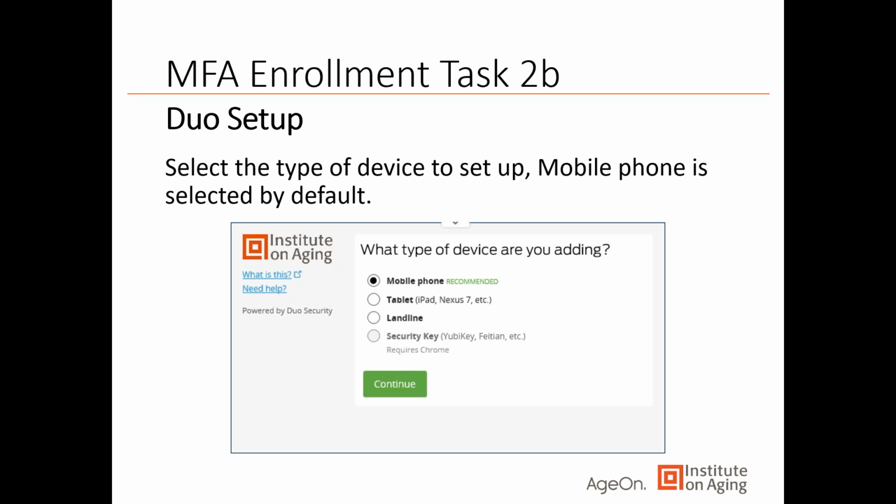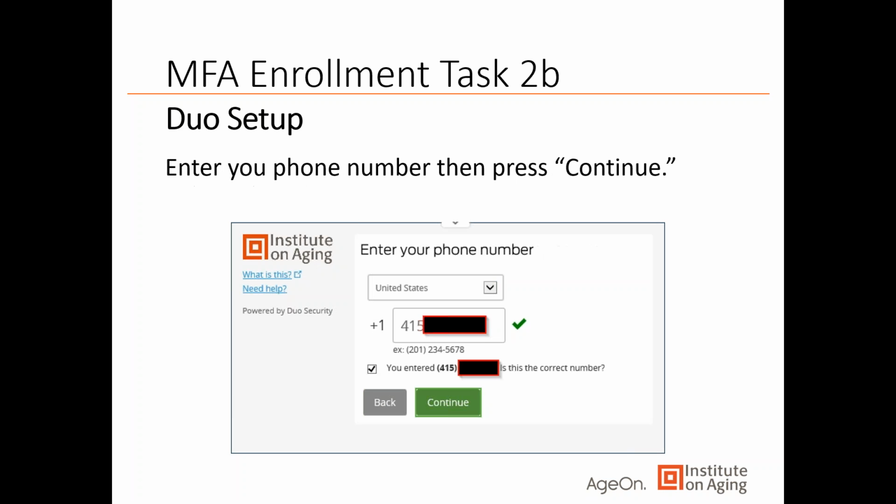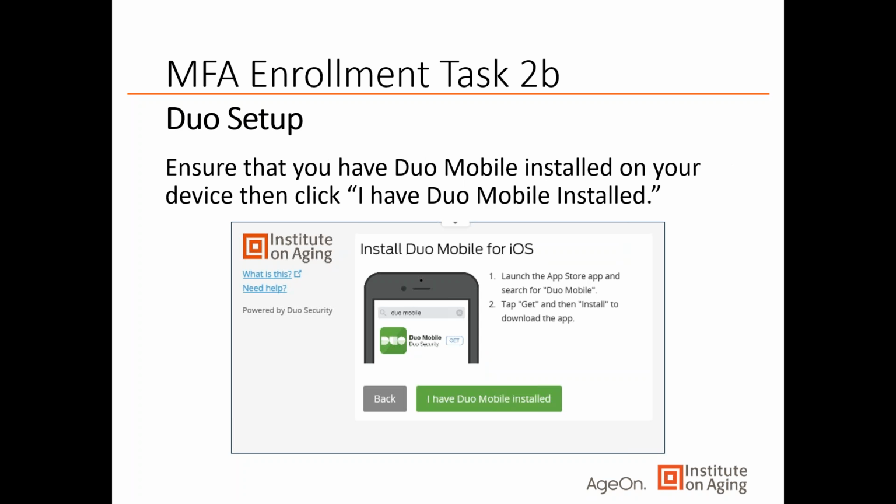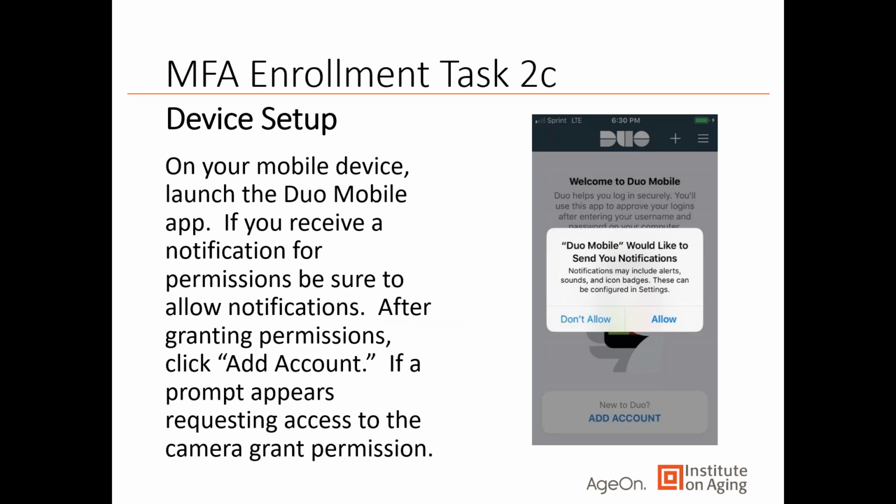So you click on mobile phone to do the Duo setup, and then you verify your phone number, and so you just press continue. And then it will ask you what operating system you have, and so that's where you pick iPhone or Android. By this time, you should have already downloaded the mobile application. So it's just going to say, hey, have you already downloaded Duo? If you haven't, then you got to do it before you can progress further. Otherwise, if you can't, then you have to go back and do the landline setup, which I will show those steps after this. So you say, yes, I have Duo Mobile installed,